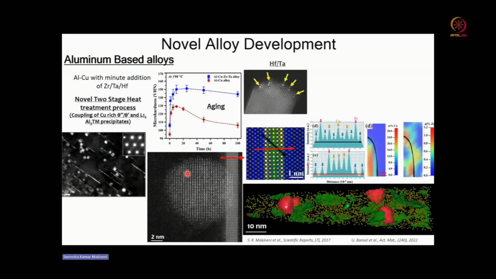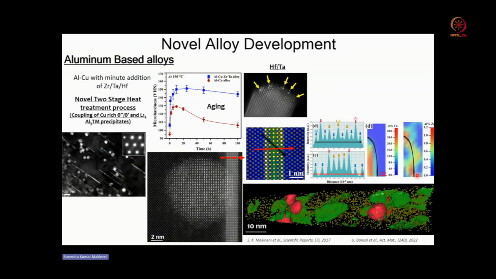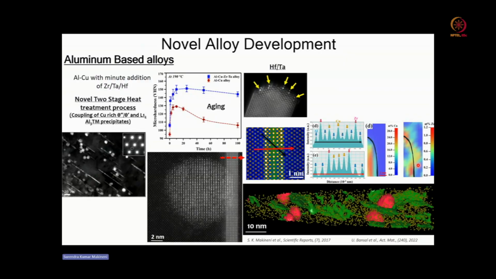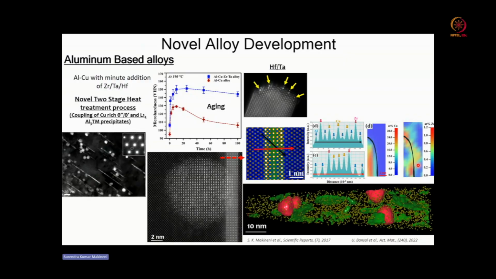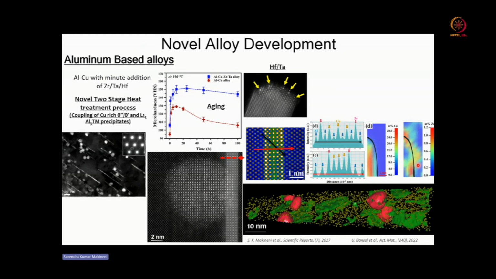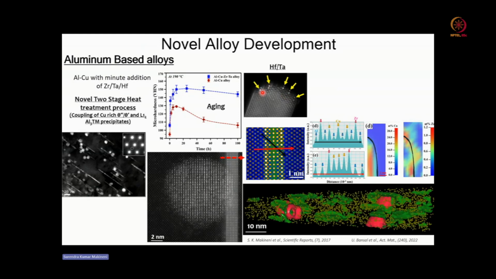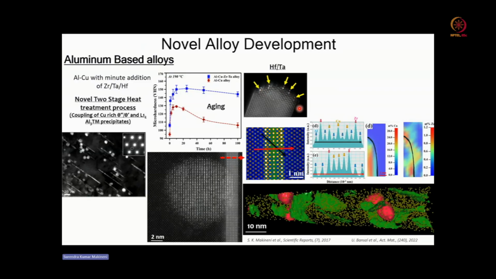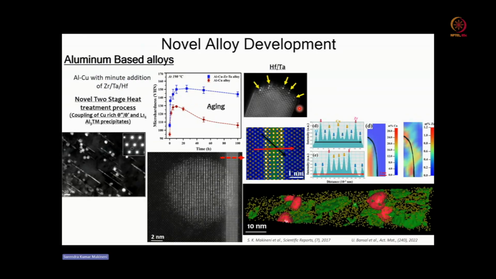If you see the coherent interface, there is an enrichment of zirconium at the interface of the copper-rich precipitate and the alpha matrix. This shows that the diffusivity of copper is hindered by the zirconium segregation. Also at the incoherent interface, you see these bright atomic columns. These correspond to the presence of hafnium and tantalum. That also restricts the